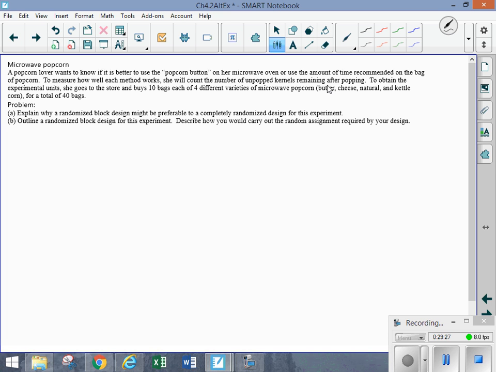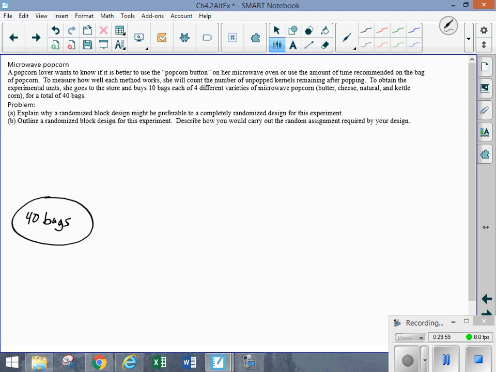So what are we going to do? She goes and buys 10 bags of 4 different varieties of microwave popcorn: butter, cheese, natural, and ketchup. All right, so now we've got 40 bags. The problem is that if she just randomly selects bags to be in control and experiment,